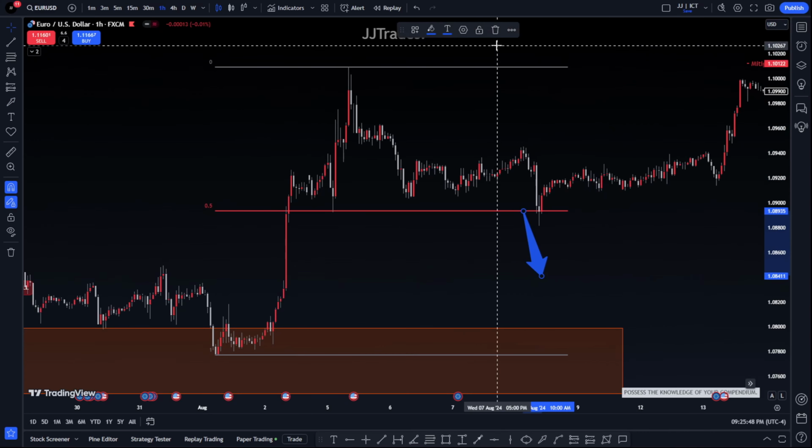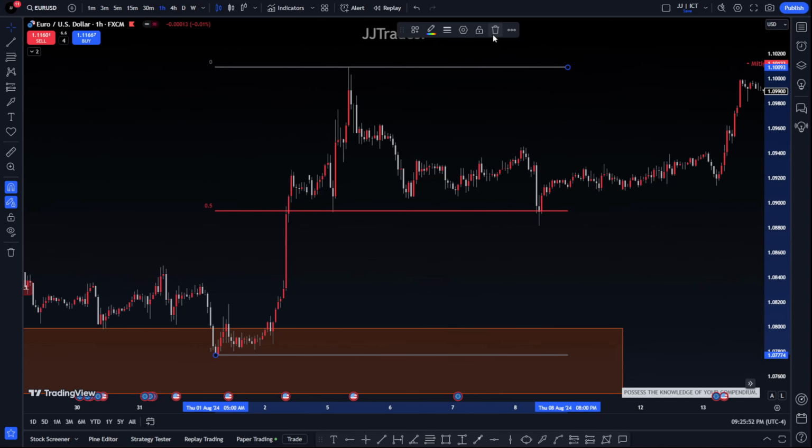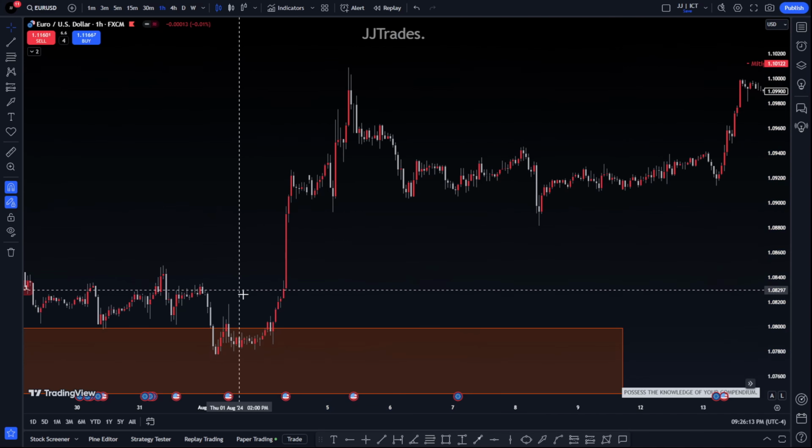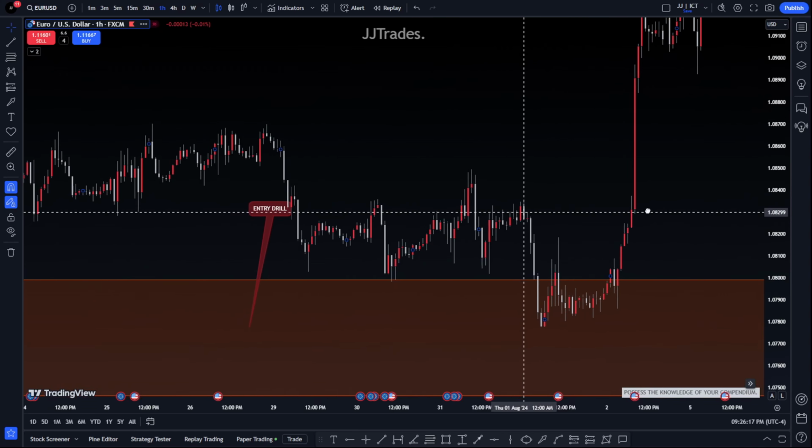No, it didn't. So equilibrium is a very big thing when it comes to price action. Price always has to retrace to an equilibrium before going in a certain direction. It has to, and it's going to do that. Sometimes it won't, because there are other confluences that tell you why it won't, but most of the time, price is going to retrace to an equilibrium before going up. That's just common knowledge when it comes to trading ICT. Very, very common knowledge.